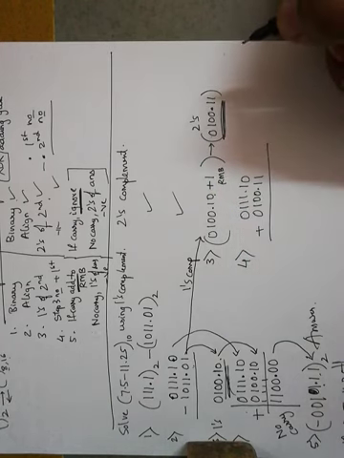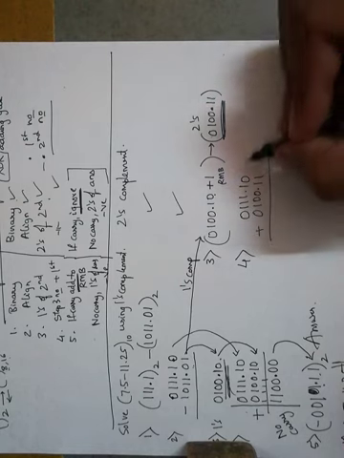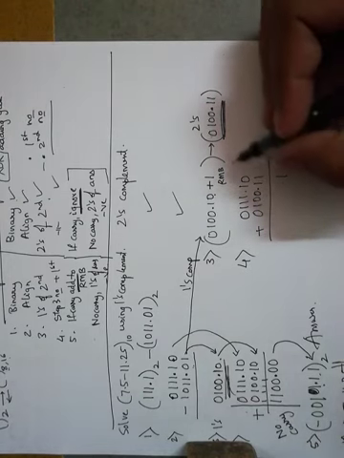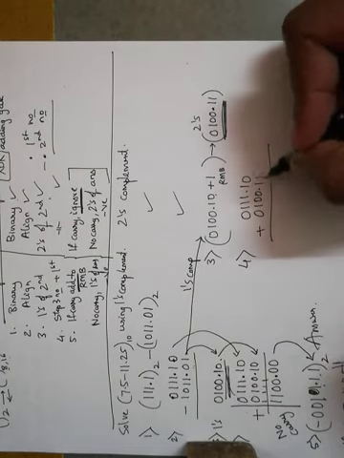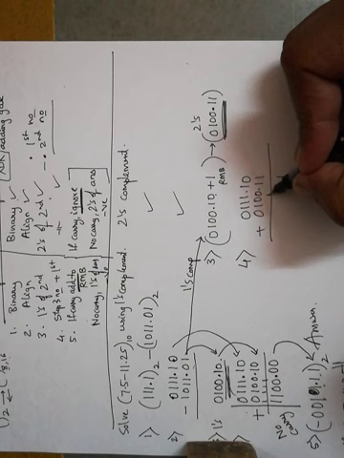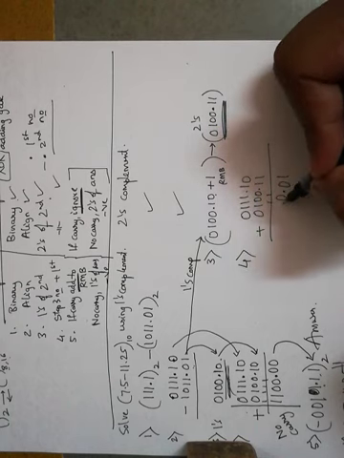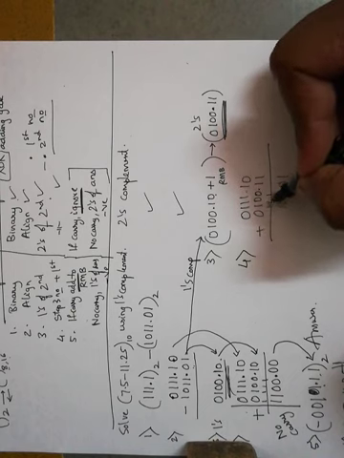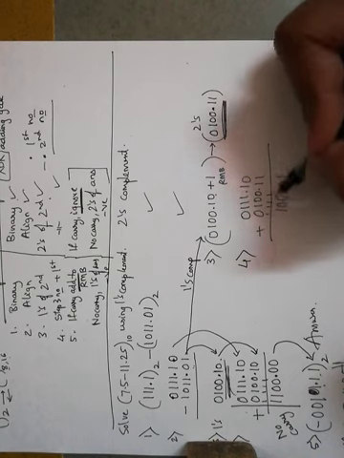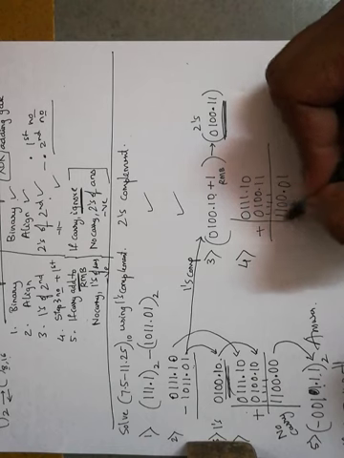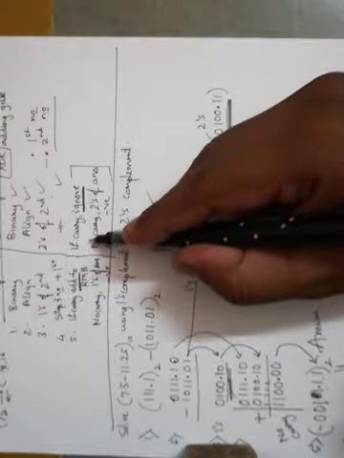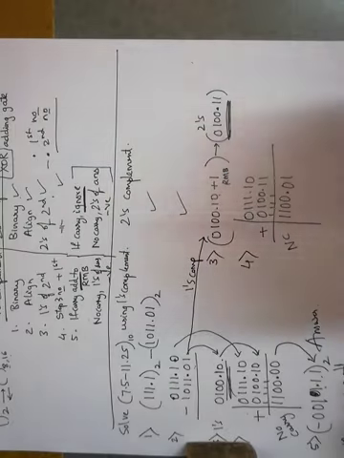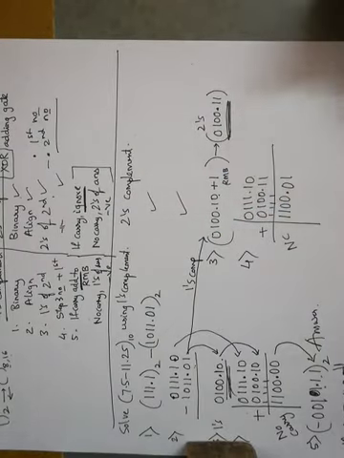0100.11. So what we have is 0 plus 1 1, no carry. 1 plus 1 is 0 with a carry 1. 1 plus 1 is 0 with a carry 1. 1 plus 1 is 0 with a carry 1. 1 1 1 is 1 with a carry 1. 0 0 1 is 1. Stop, no carry. So we don't have a carry. If carry is not there, find the 2's complement of the answer and put a negative sign.